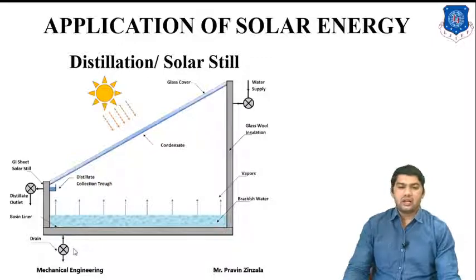This is the drain. It is used to empty our tank or for cleaning purposes. We can also improve the performance of solar distillation by providing extra energy, such as more concentration of solar radiation by a reflector, or we can supply heat from the bottom, like our solar water heating. So there are many methods for improving the performance of a solar still.